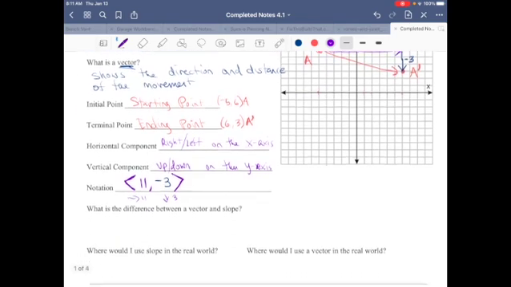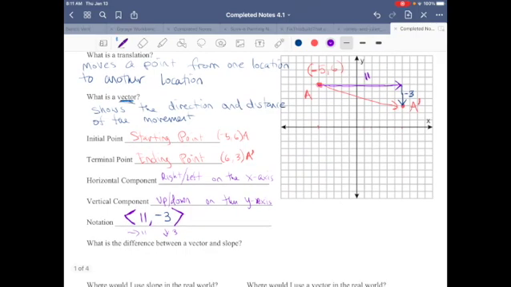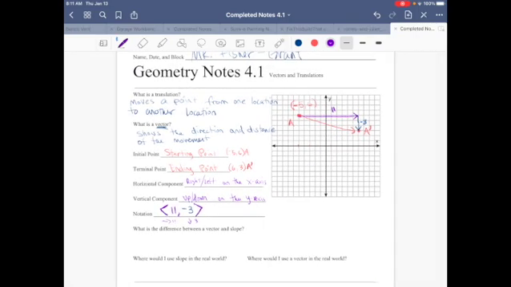So, similar to slope, right? But not exactly. The main difference between a vector and slope is that with slope, you repeat over and over again, while a vector is a one-time movement. And slope you use to make predictions, like time over money or something like that, where a vector you would use to chart changes, like chart a change in location. Okay, so